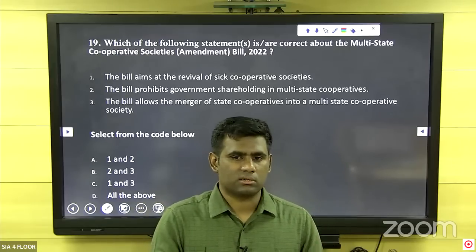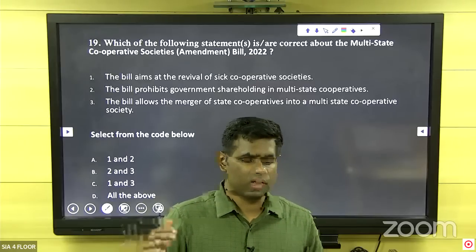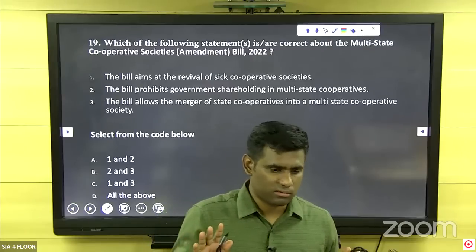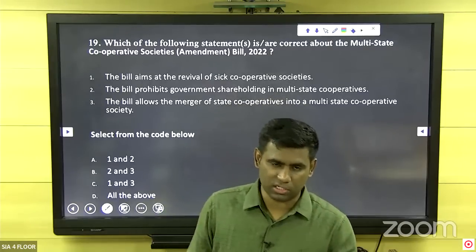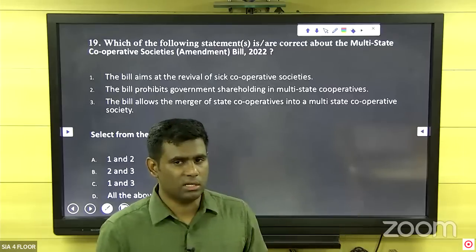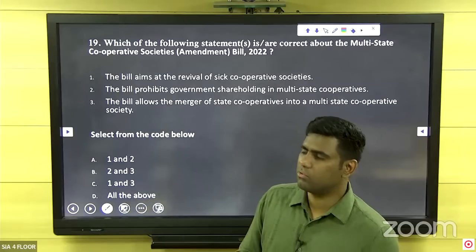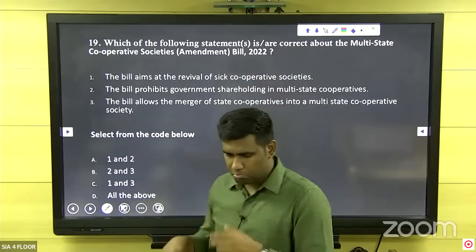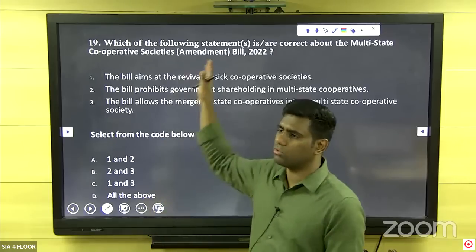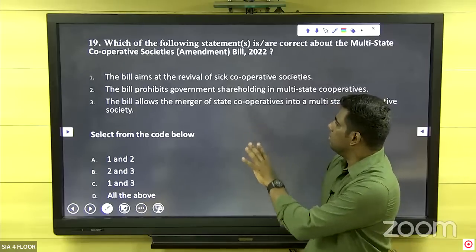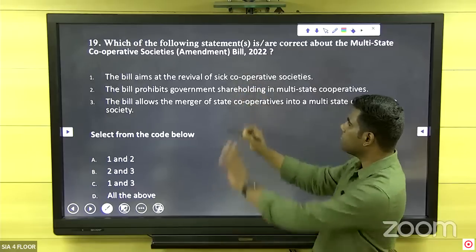Next is to ensure their accounts are properly audited and their expenditures are all properly accounted for. It is to stipulate regulations and control over the way cooperatives function. That is why we have all these acts. If you want to read more on the latest amendment, you can read the PRS brief, where we will discuss more about the provisions of the act. So yes, the amendment provision is that the bill